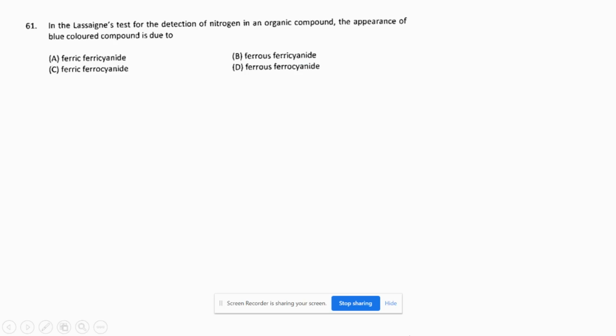So in this video, we are going to solve some questions of the 2015 WBJEE chemistry paper, from question 61 to 80. The first question says: in the Lassaigne's test for the detection of nitrogen in an organic compound, the appearance of blue colored compound is due to...